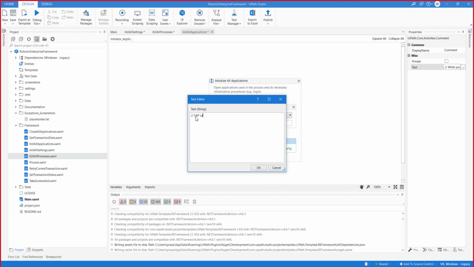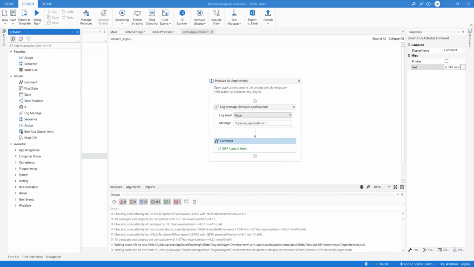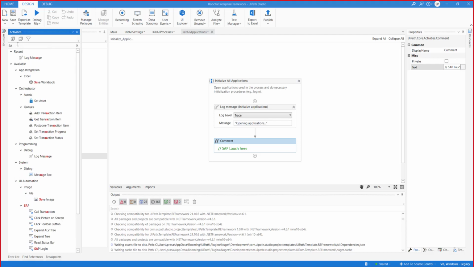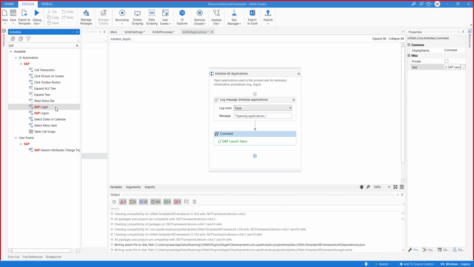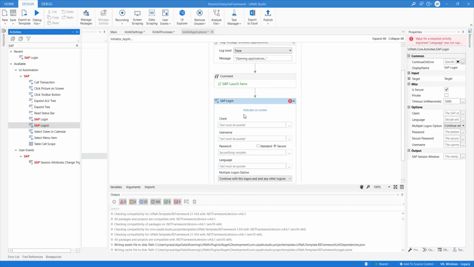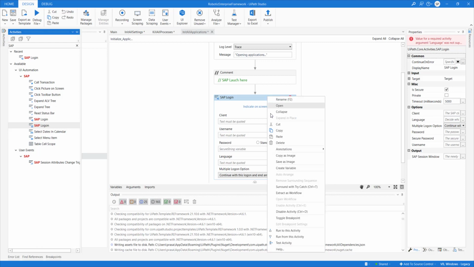So all the activities that are required, say for example, SAP based activities. If you want to launch that, you should be able to use the SAP login and all those things here in this workflow itself, right? So this way you should be able to design your init workflow.